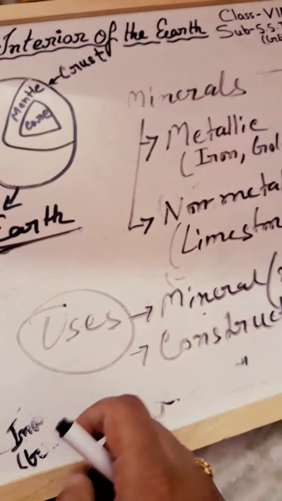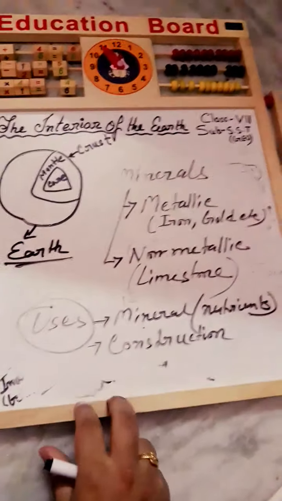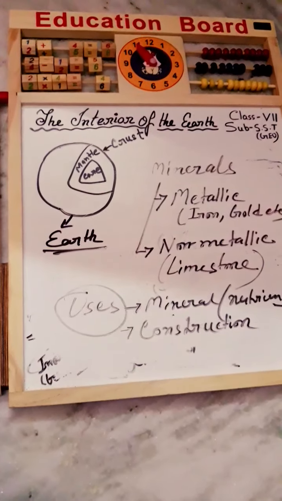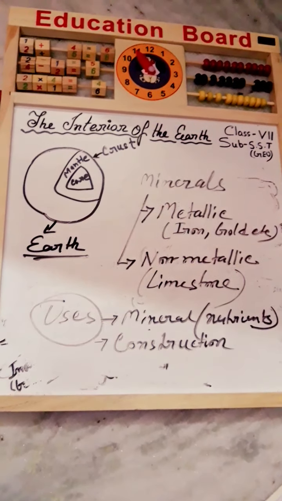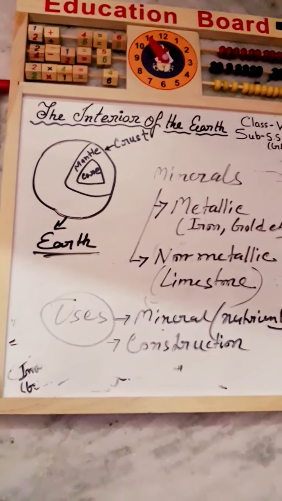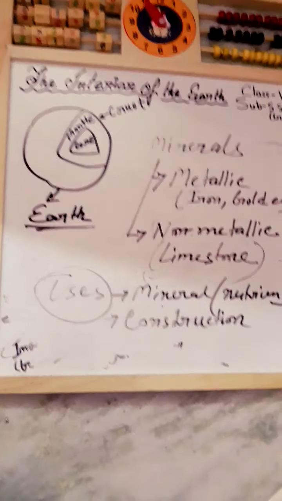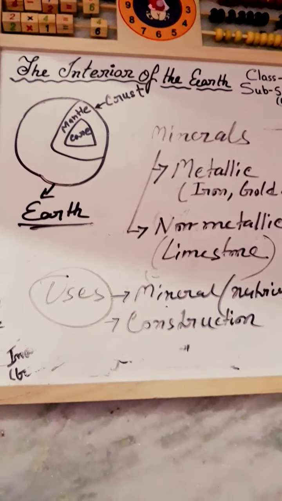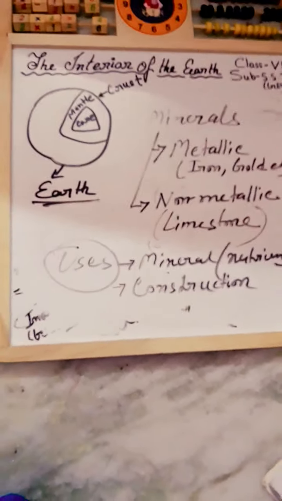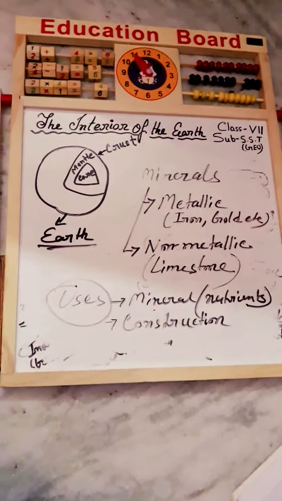So this is the main summary of this chapter, the interior portion of the earth. From this chapter you have to read the different types of layers, and the other 3 types of layers according to physical behavior. Also their examples, their definitions, then the relation between rocks, minerals, and their types, their cycle, and the uses. These are written in this chapter. I think you are all clear, and you know which diagram is important. We have already discussed it.